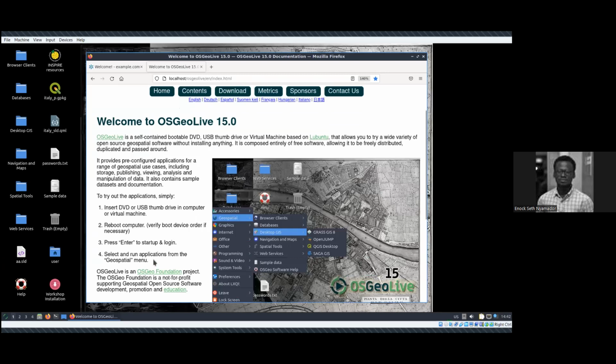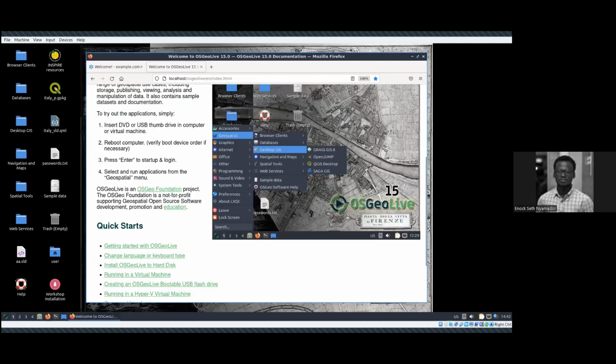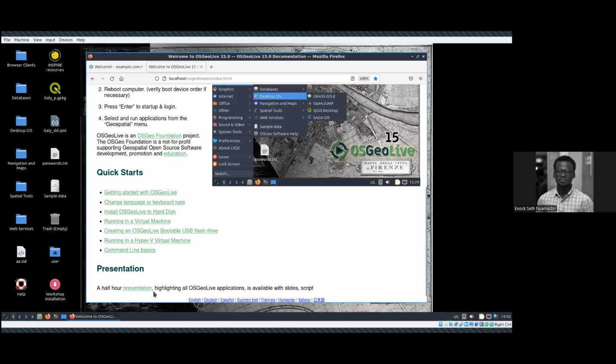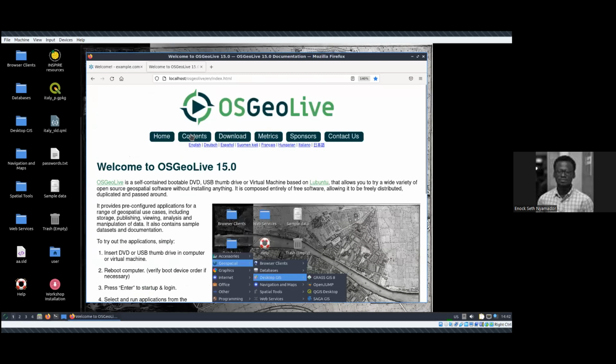You can also see the presentation here in offline mode. You don't need internet, and all the getting started and how to create it is all here. And one interesting thing is the contents tab here, where you see the categories, desktop, GIS, and many more.